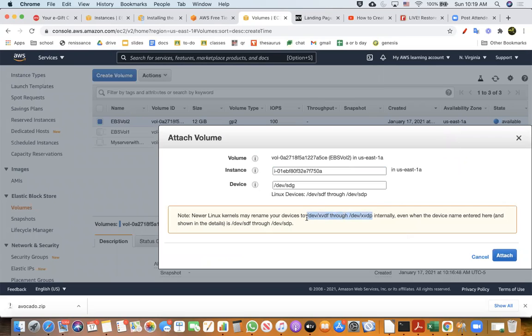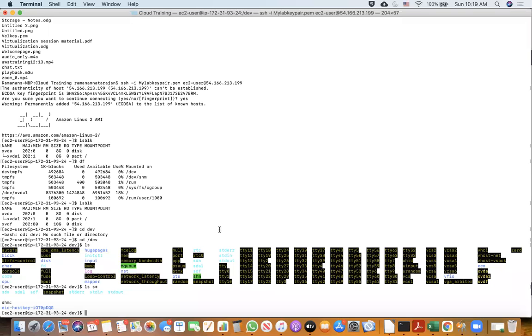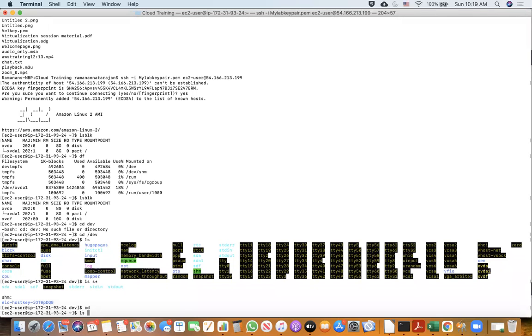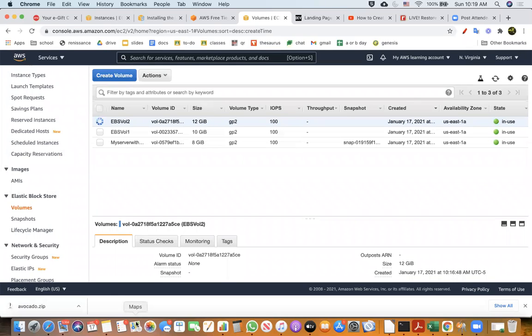The kernel will rename this. As you can see right now, xvdf is a 10 gig disk, and this is a 12 gig disk. Exactly the same way as we did in AWS, it gets reflected here also.